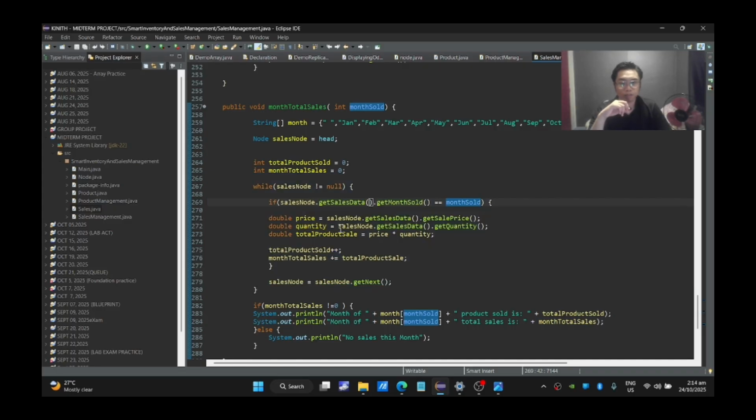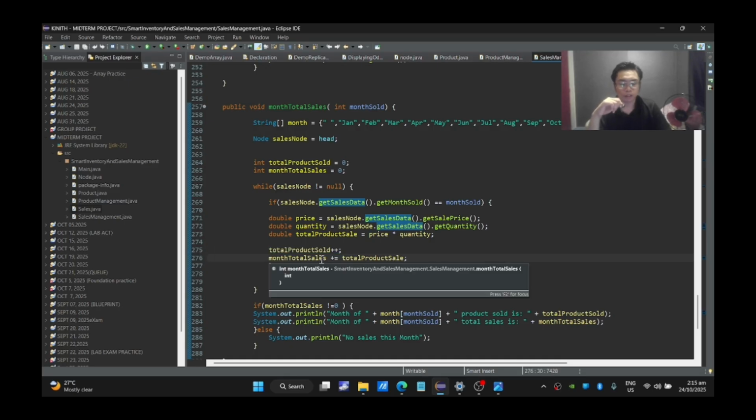If it matches, it will get the price per unit and the quantity sold, and multiply them for the transaction, and then it adds one to the products sold and adds the sales amount to the amount of total sales.